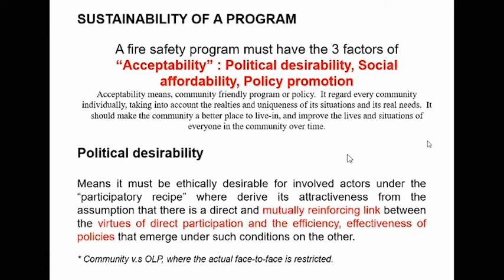Because ano ba yung 2034 commitment? A modern fire service, fully capable, ensuring a fire safe nation, fire situation by 2034. Okay. When you say fully capable,